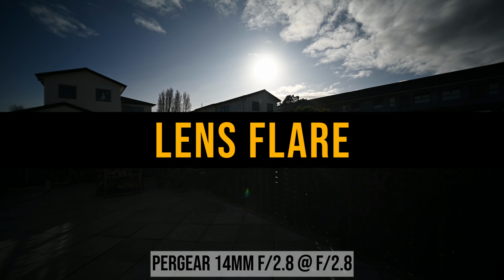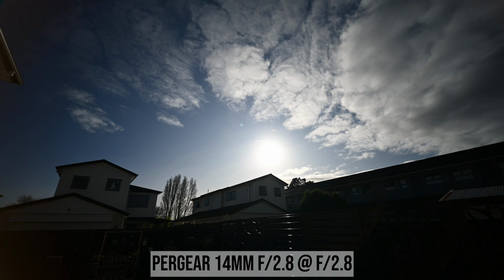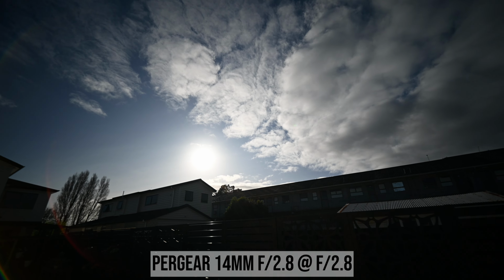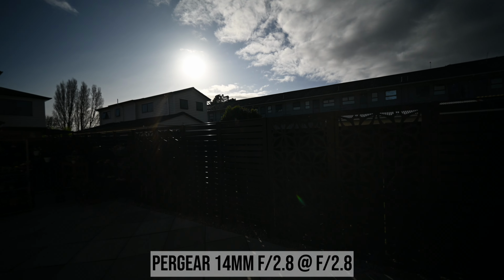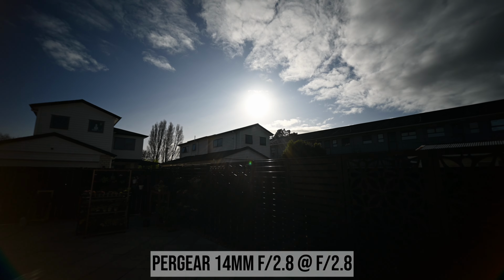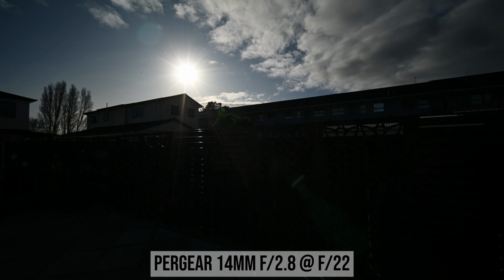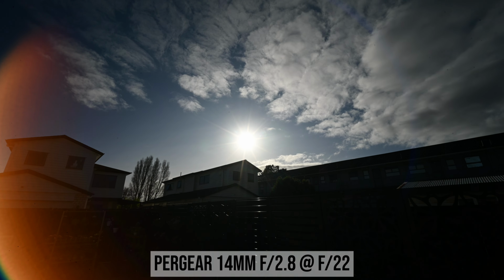Lens flare performance is a bit of a mixed bag with this Pergear lens. Quite often, when I shoot into a bright light source, I don't really get much lens flare and the contrast remains reasonably good. However, for some photos or videos, usually when there is a very bright light source near the center of the frame in front of the camera, then we will see some circle-shaped orange color lens